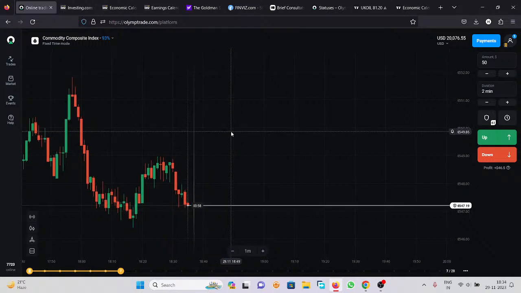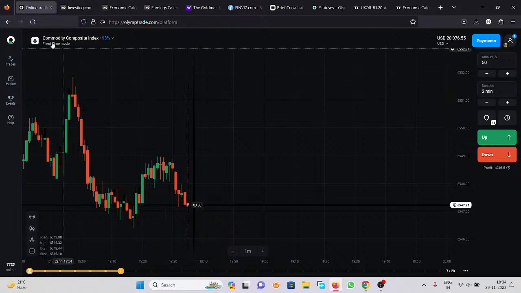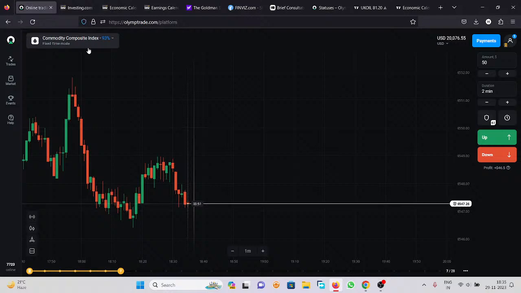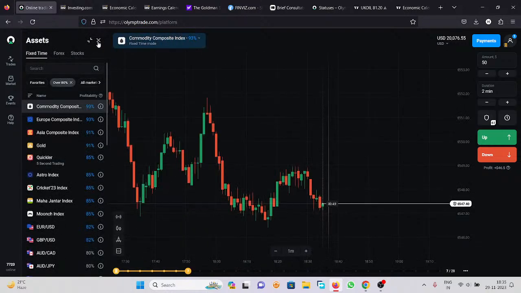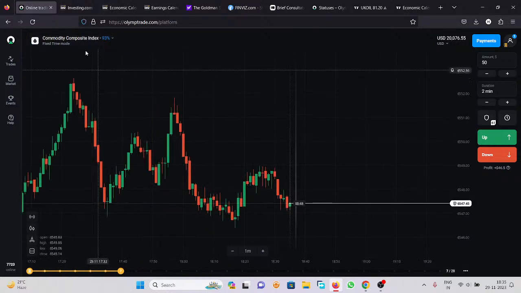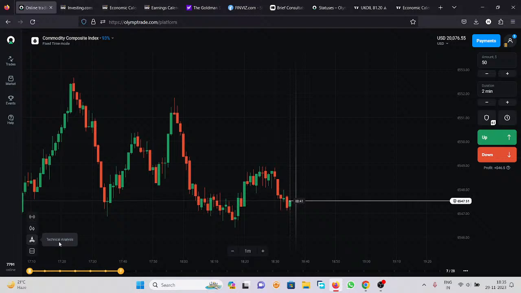If you are using the mobile application, I'll let you know that as well. Please remember, this is the area where I can show you the assets. No need to click on the asset. Just right after the asset there is an option looking like the symbol of a technical tool. You need to click it.